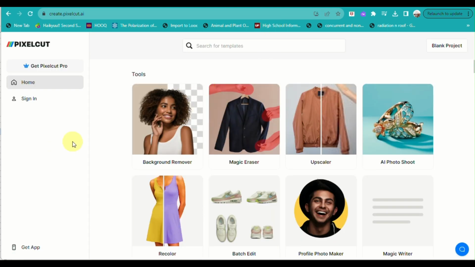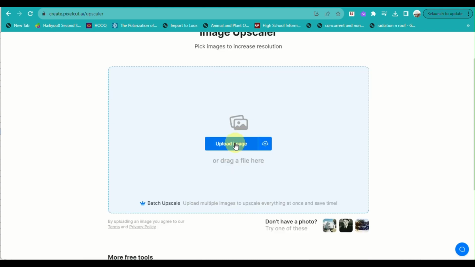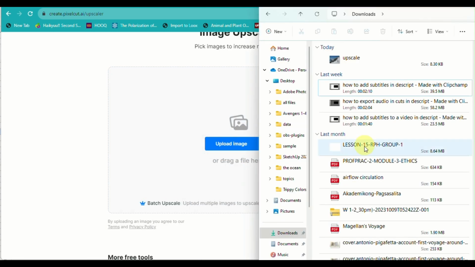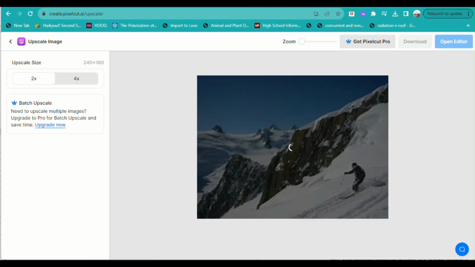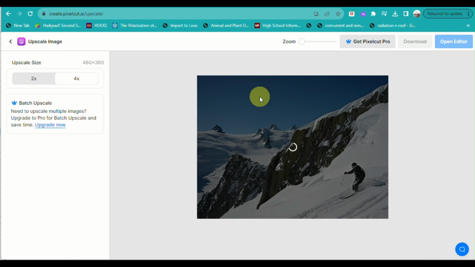When you click on Try Pixelcut, it actually provides you a lot of tools: background remover, recolor, magic eraser, and what we'll be using here is the upscaler. This is the tool that will allow us to upscale a low quality image into a high resolution image. So here all you have to do is to drag and drop the file,